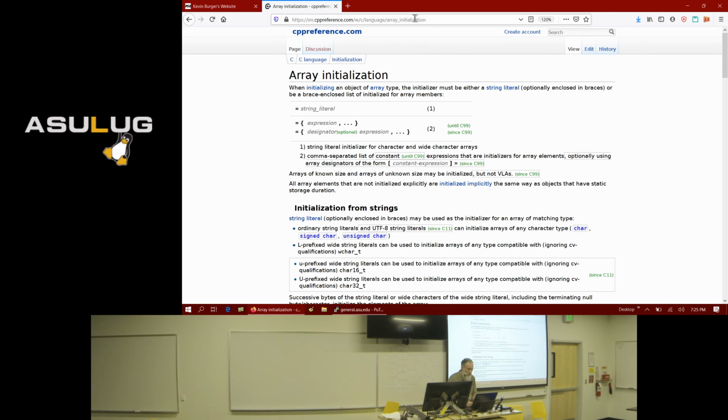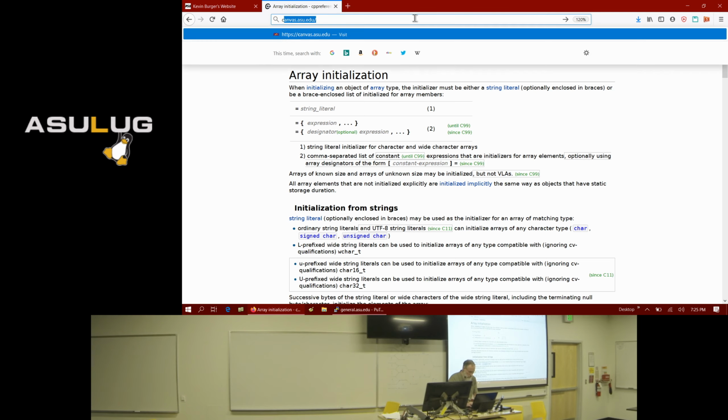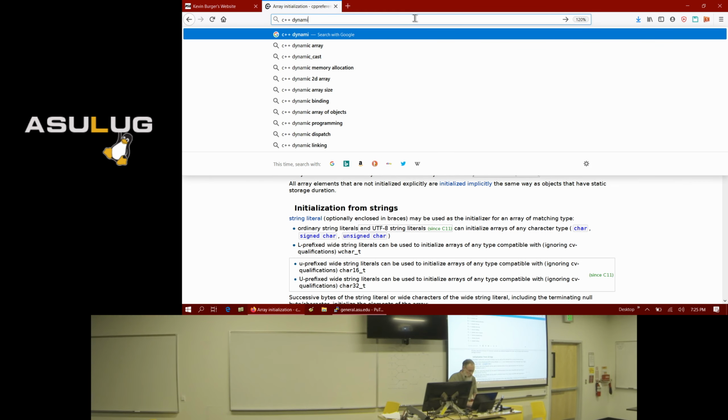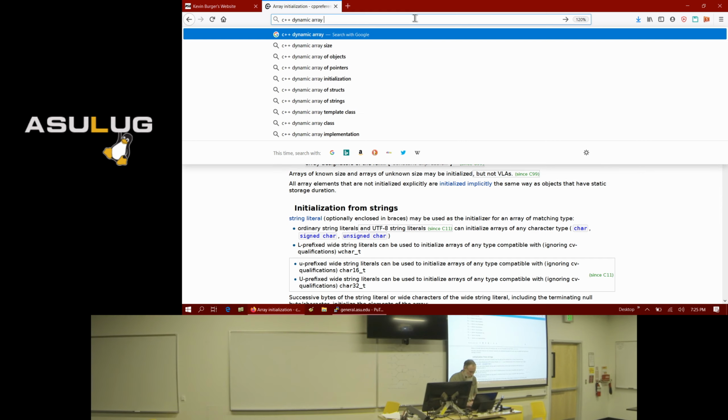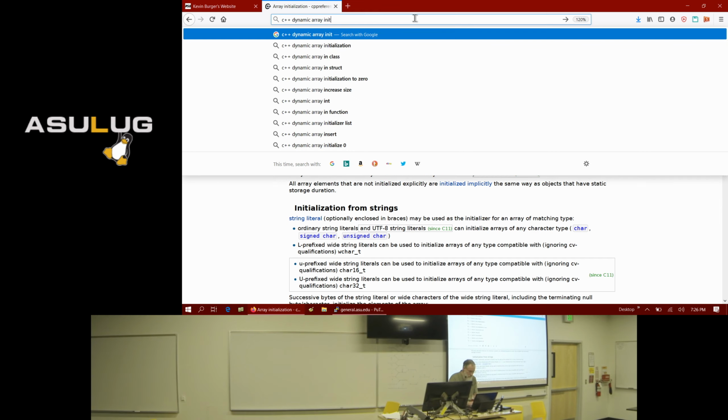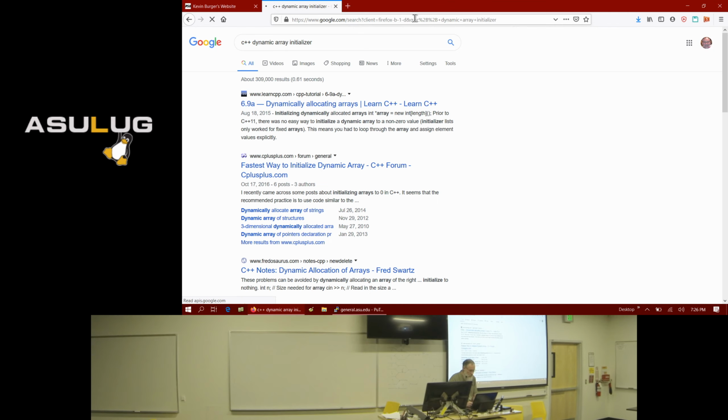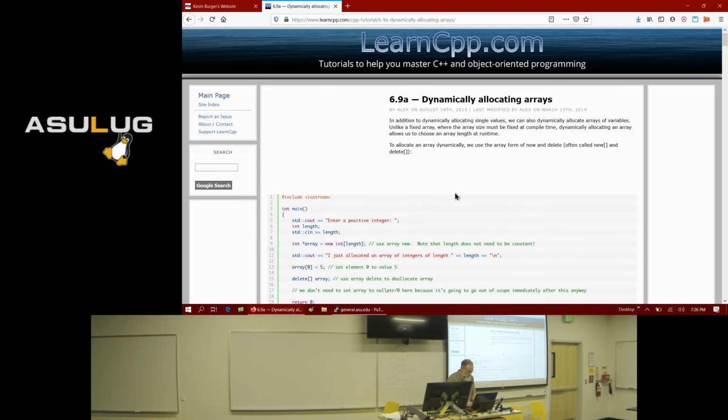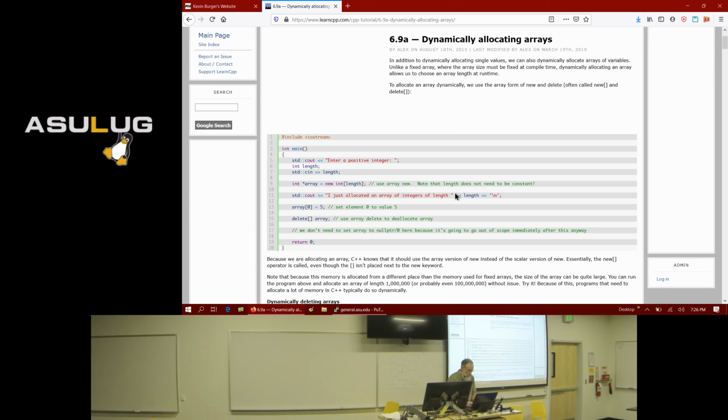Well, that's all talking about dynamic arrays. On your program, you would do change mode, chmod, and then plus X, and then the name of the file that you want to put the X permission bit on.